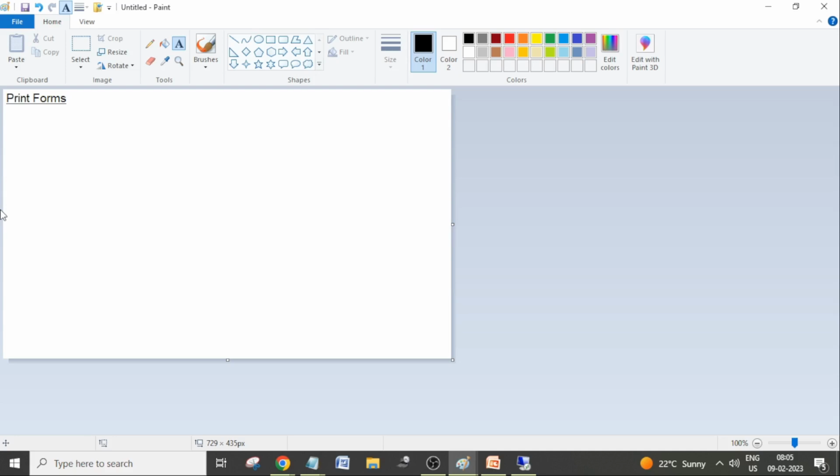These print forms or print layouts are used to print SAP data. That might be in a printout, or we can also fax it, or we can email this layout, or we can generate it as an XML document or HTML document to send it online. Okay. So when we take printouts, for example,